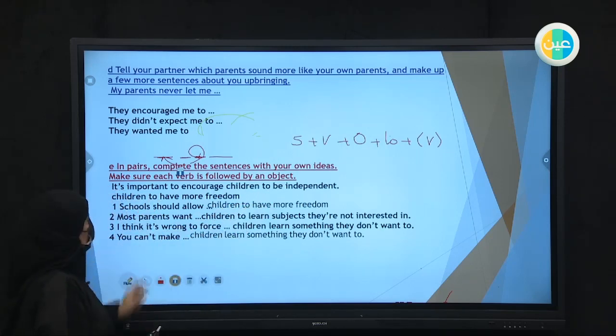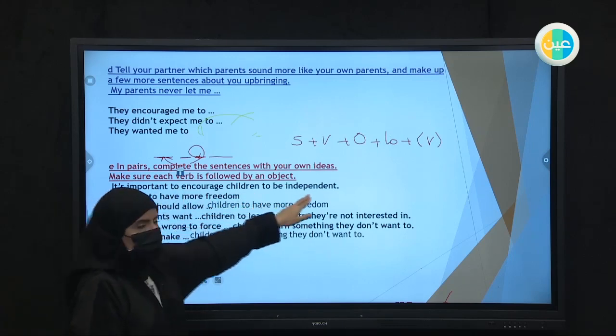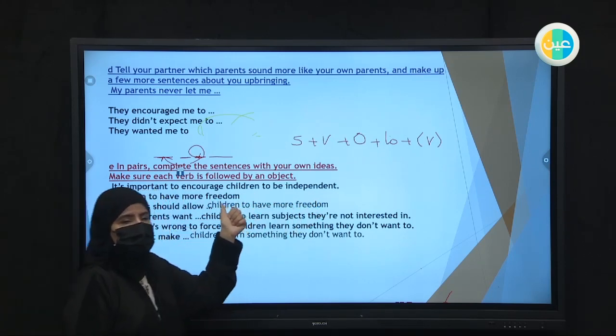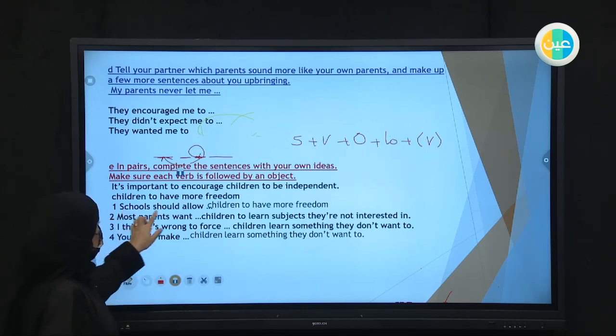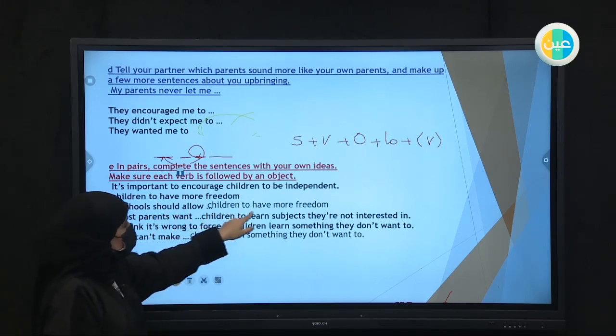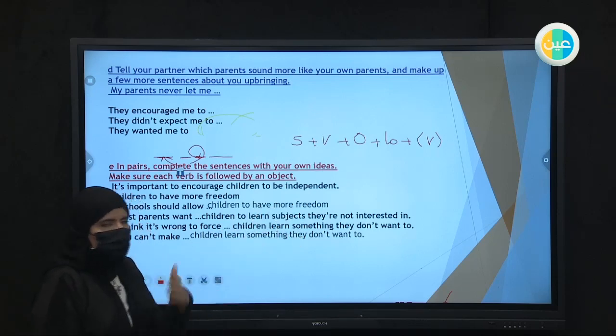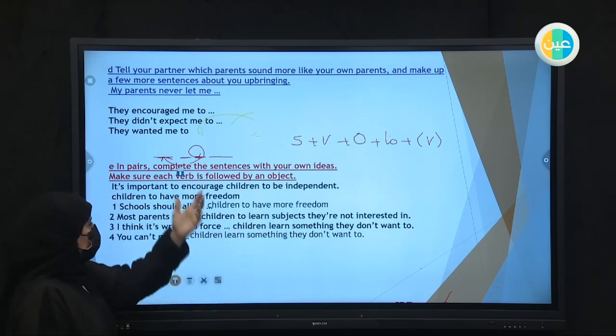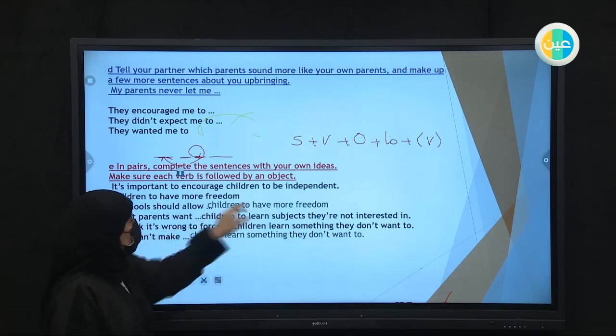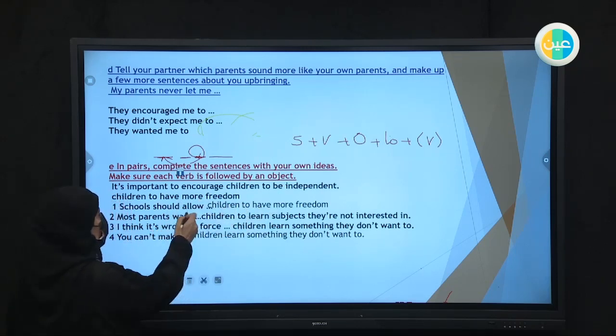Children to have more freedom, أو يا إما to be independent ممكن، أو to have more freedom. Both of the answers are possible. Schools should allow children to have more freedom, or you can create your own sentence. You can write your own idea. إذا children to have، لأن عندك هنا الفعل allow،